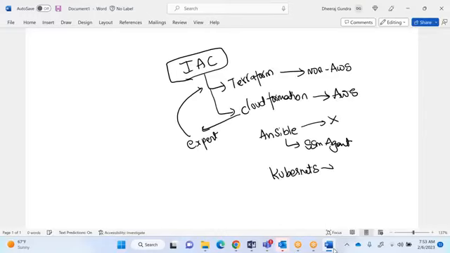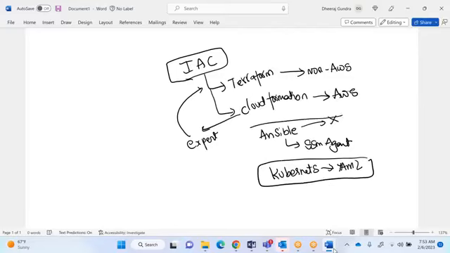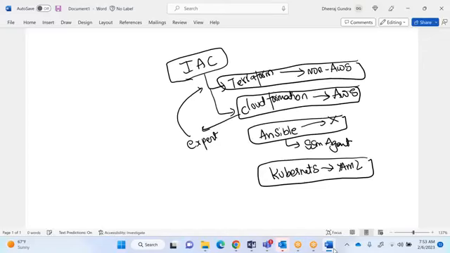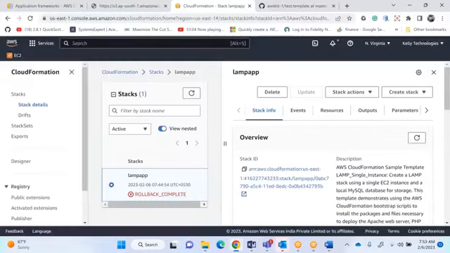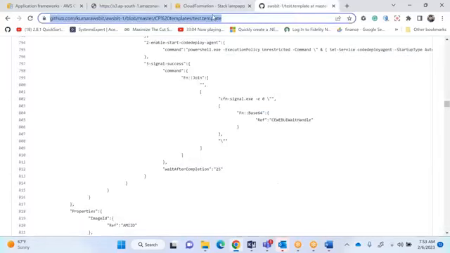When you write deployments and everything, you will use YAML format. All four are IACs. Very important, don't underestimate IAC. The entire world's infrastructure is getting created with IAC only.